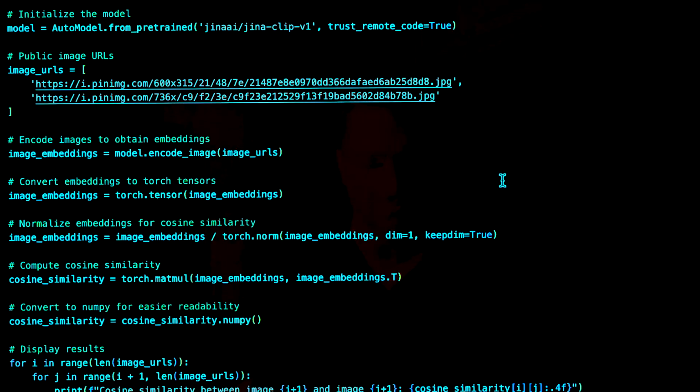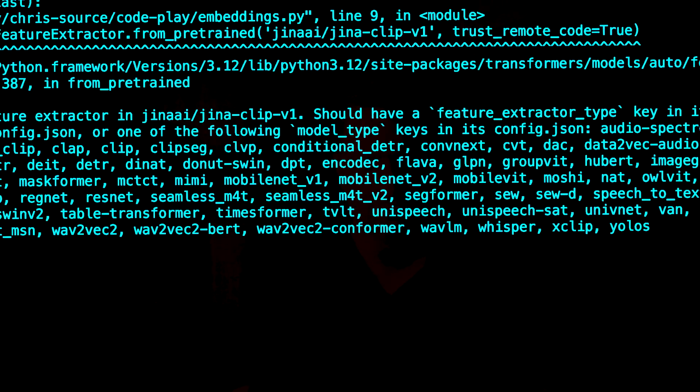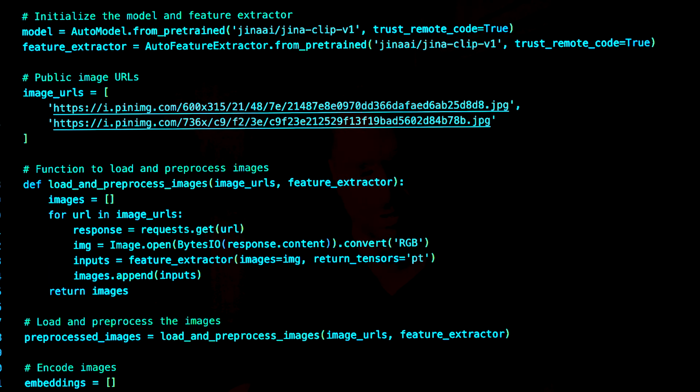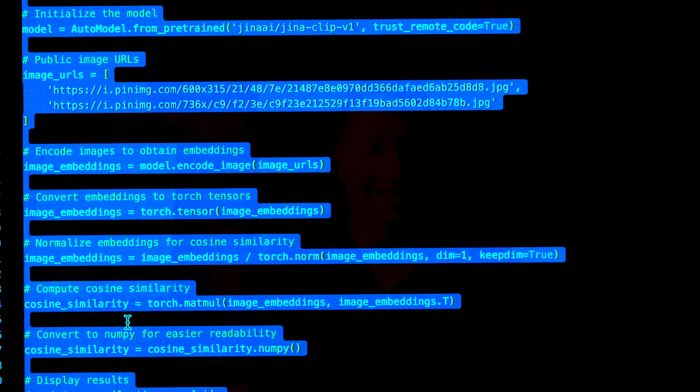We'll just do a copy of this here. I'm going to paste this over in embeddings. And then let's see what it comes back with. And it's failed. And it's failed in a weird way, right? Because it's starting to mess around with Torch. You see it's trying to use Torch and then function cosine similarity, whereas actually